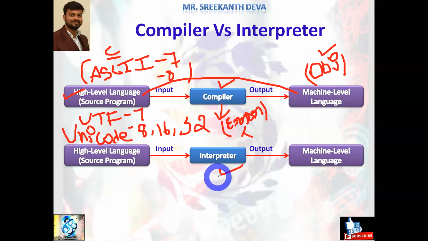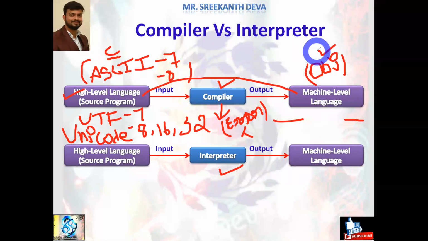Okay, coming to the interpreter. The interpreter consists of only one environment, the runtime environment, but the compiler consists of two environments. One is the compile time environment, another is called the runtime environment. The runtime environment takes responsibility to load this object code and provide execution. If any errors occur at runtime, it provides runtime errors. Sometimes interpreters are also involved in the runtime environments of these languages. Here you need to remember two points.